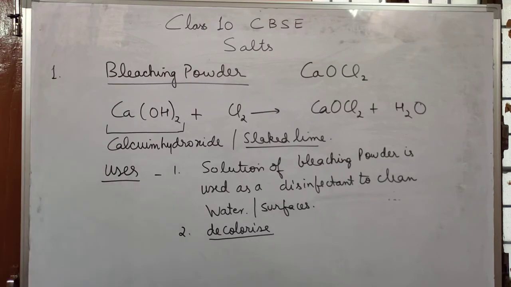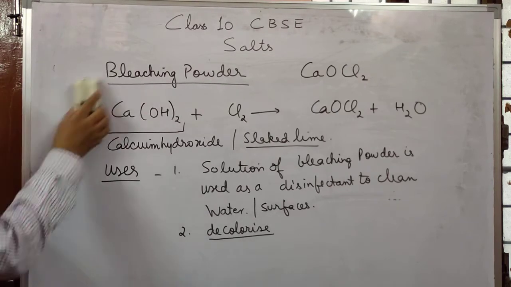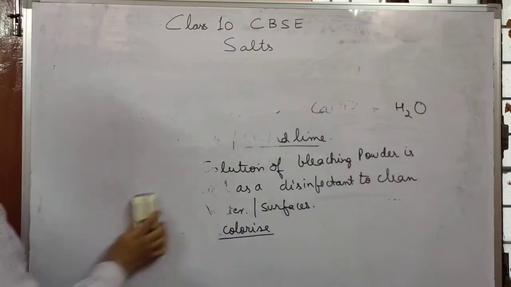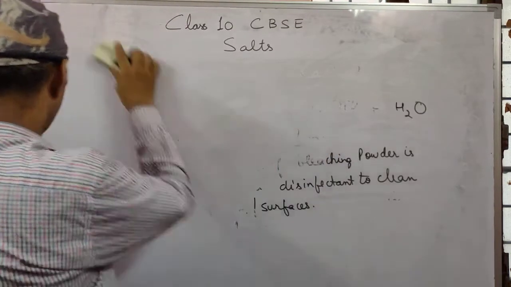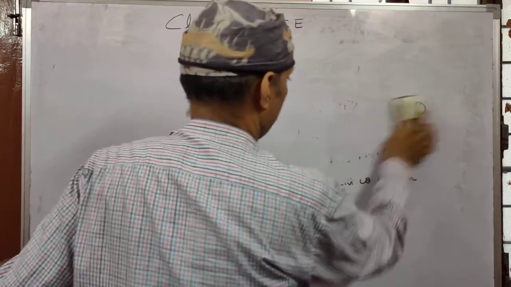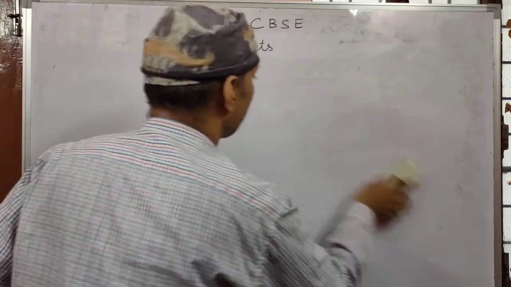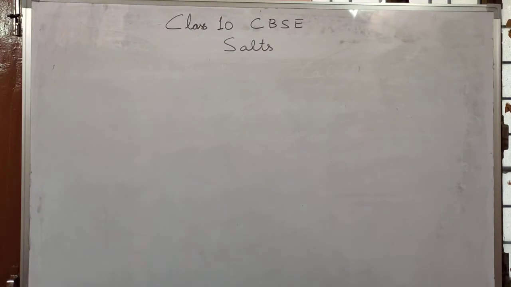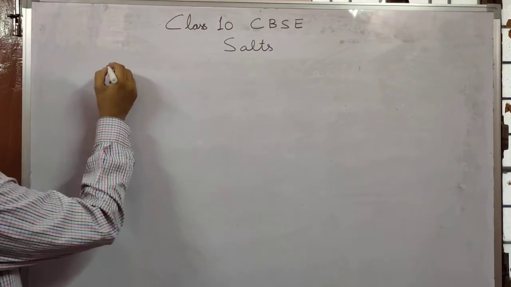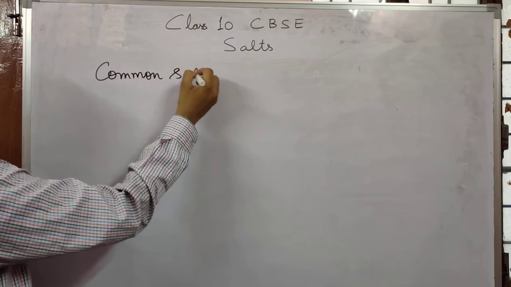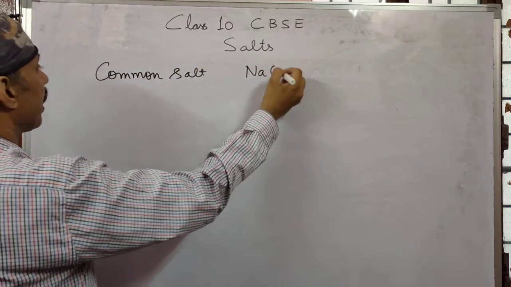I am very sure that you are pausing the video and understanding this reaction is asked most of the times, how bleaching powder is prepared. Let us take another salt of great importance, and this salt is what I call kitchen वाला salt. तो हम लोग किचन में दो सॉल्ट अपने घर में बहुत ज्यादा यूज करते हैं. We are using common salt. Common salt is NaCl,